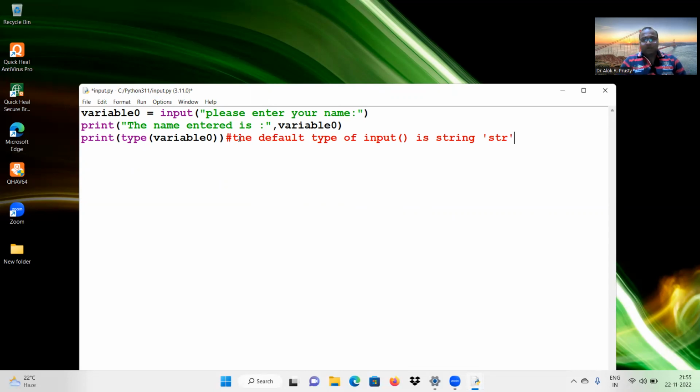But it is not that we cannot change the type of the value entered by the user. For that, we have another option called typecasting. So how to do typecasting here? We can do typecasting simply. Let's say I'm going with another statement. Let's say variable 1 equals integer, inside brackets input, inside brackets